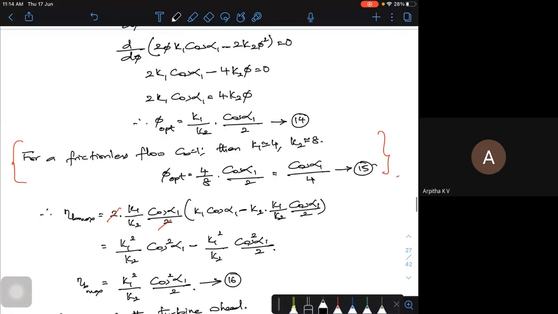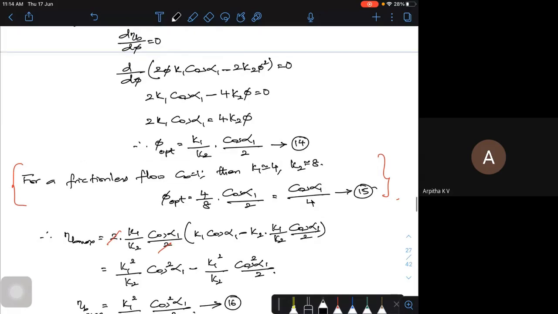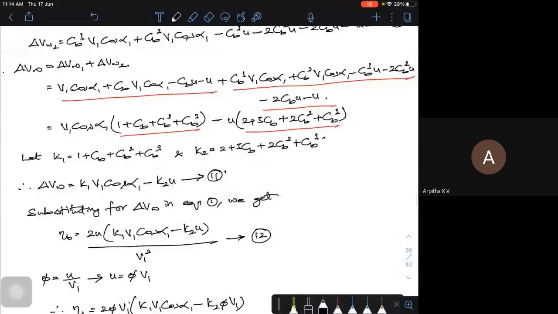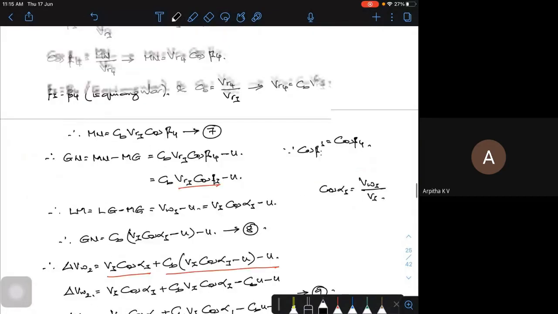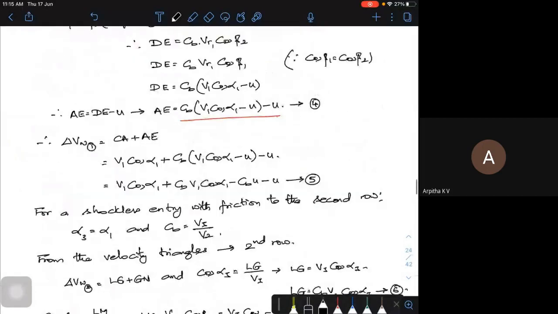Even I made a little bit of mistakes in between to correct it, so it was not in a flow. But the most important thing is, in your case one, it is just for understanding. Case two is very important for you, where you are trying to get all the values in terms of alpha 1 and in terms of speed ratio. So practice it. If you do the derivation, it will come to around 3 to 4 pages.